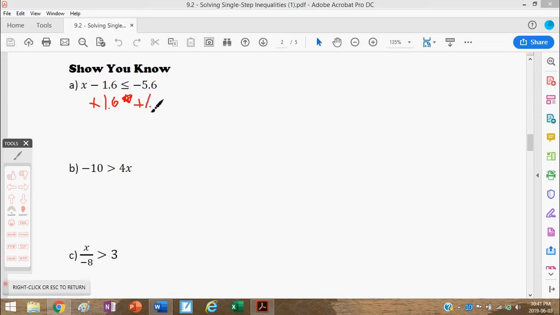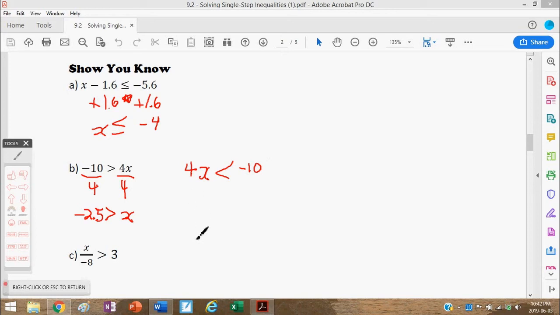Sorry, we don't need to copy the sign right at this point in time. Okay. Here I'm dividing by a positive, so I don't have to flip the sign. And I can write it like this. That's perfectly legit. However, a lot of you are probably going to want to flip this around so you can say x is less than negative 2.5. And that's fine too. Just make sure that when you flip it, like reverse the order of the equation, that you also reverse the sign. So the 4x, if we start at the beginning,